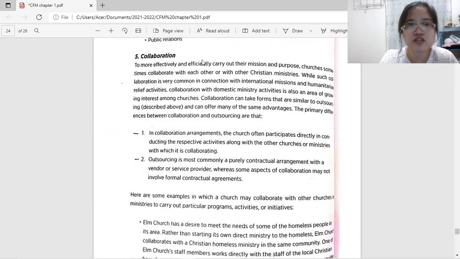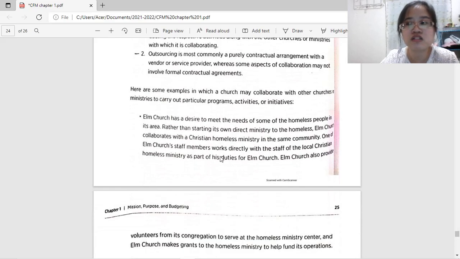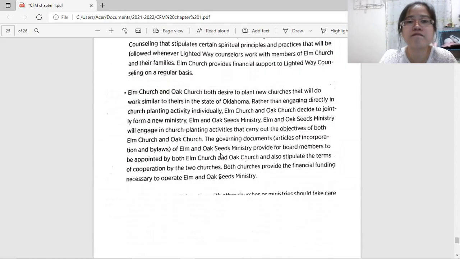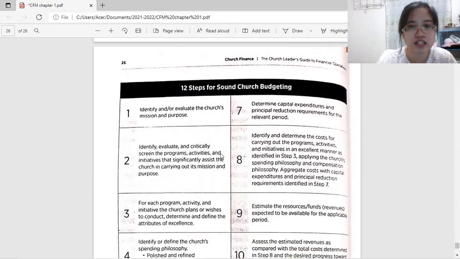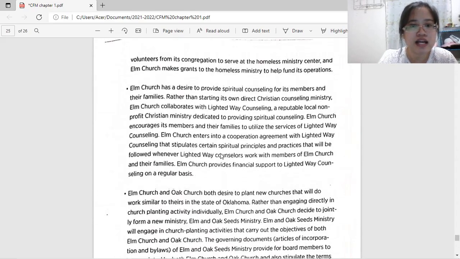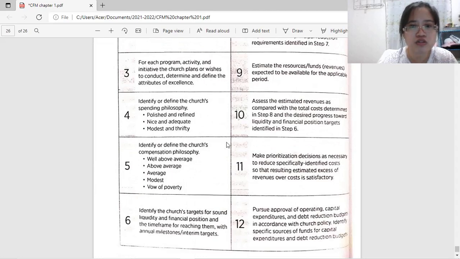And the next one is collaboration. Instead of putting up a new project or initiative on your own, you can consider partnering with a different organization or a different church, so that you won't be forking out all of the money. And then the last part is 12 steps for sound church budgeting. I haven't actually read this, but